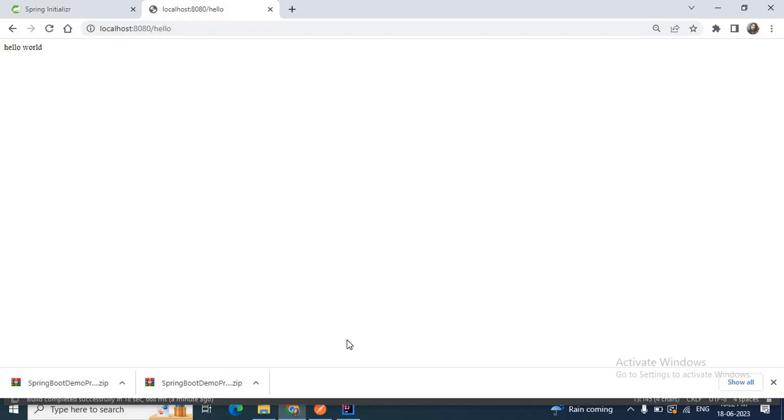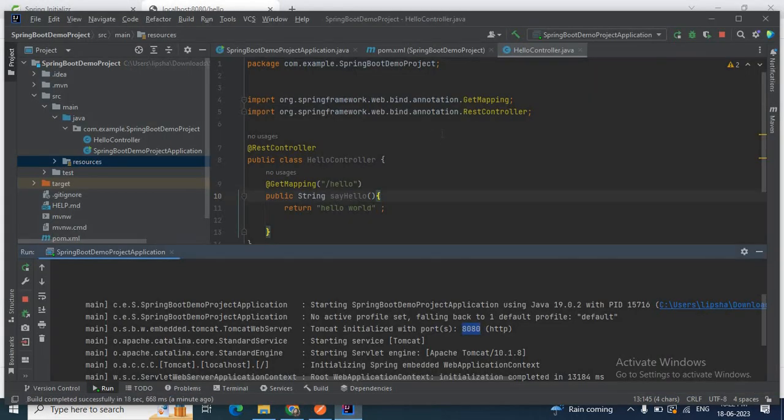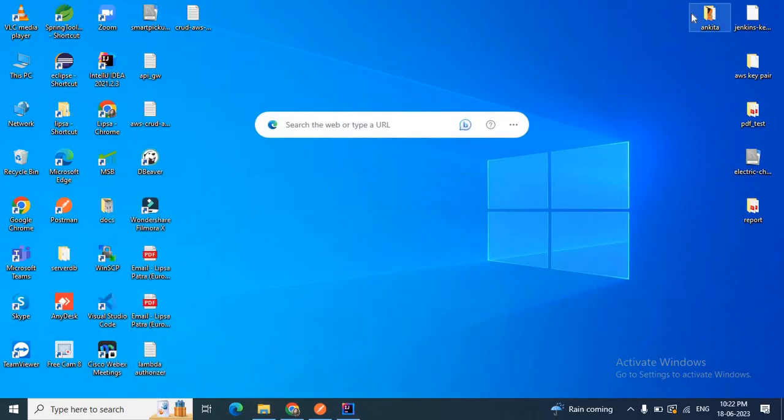Okay. So that's how we can create a simple Spring Boot application by using Spring Initializr, and we can import it to our IntelliJ IDEA Community Edition, and we can write our code inside it. As I mentioned in the beginning, I'll show you how we can create the Spring Boot application in both IntelliJ IDEA Community Edition as well as Ultimate Edition. Let me show you how we can create a Spring Boot project using Ultimate Edition. The Ultimate Edition provides us some more extra features than the Community Edition. As it is a paid version, of course it will provide us some extra features.